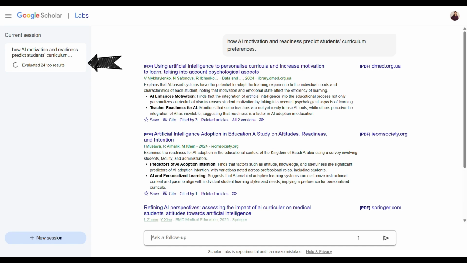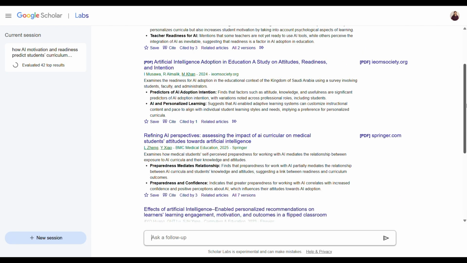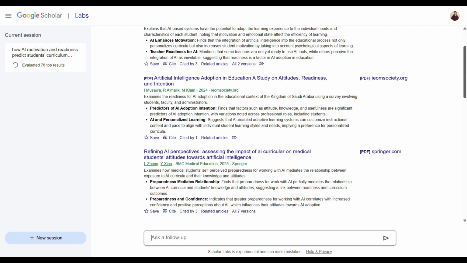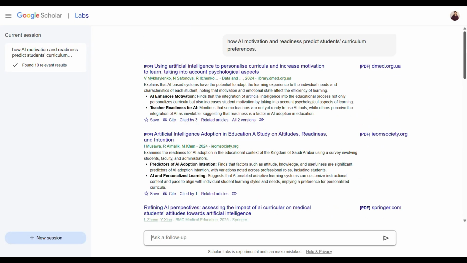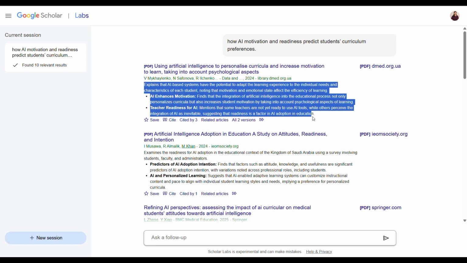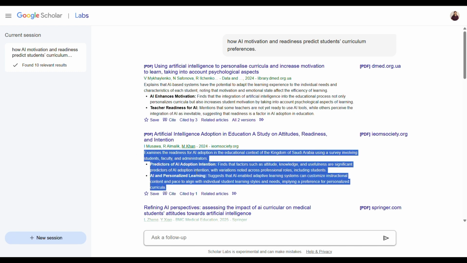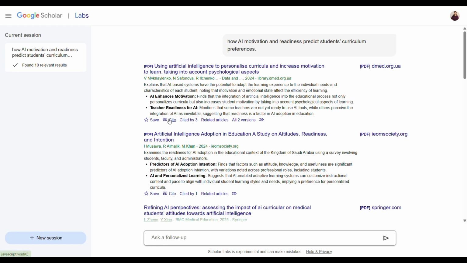Google Scholar Labs looks for papers, and after evaluating them, it identifies the papers that answer your overall research question. Instead of just matching keywords, it tries to understand the full research question, then searches across the literature, giving you more relevant papers and more important context on why each one helps answer your research question. This way, you can see the relevance at a glance and quickly decide whether to read it further or not.